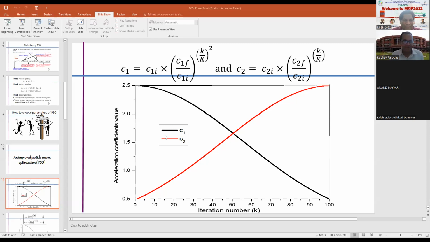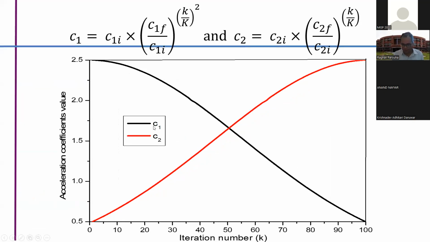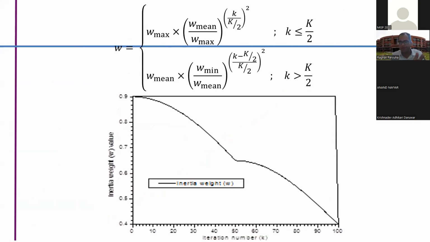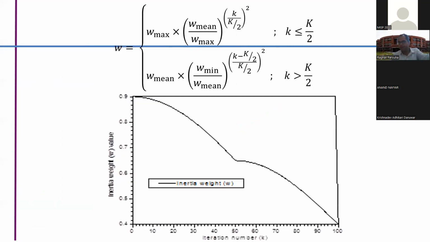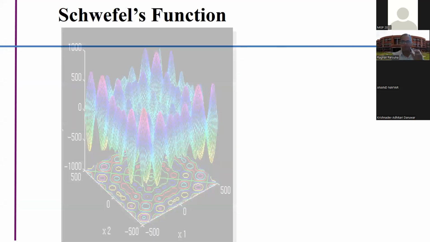Please try to summarize, because we are running short of time. Okay. So we generated these two new formulas. C1 and C2 are the acceleration coefficients for the cognitive and social components, and there is also an inertia weight. This inertia weight is also decreasing, which maintains the velocity in a better way and improves the velocity to obtain the global optimal solution. If we put this in the velocity update formula, we get a new velocity update formula, and we check this on the Schwefel function.